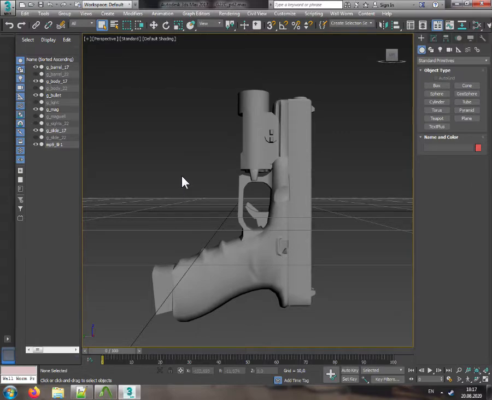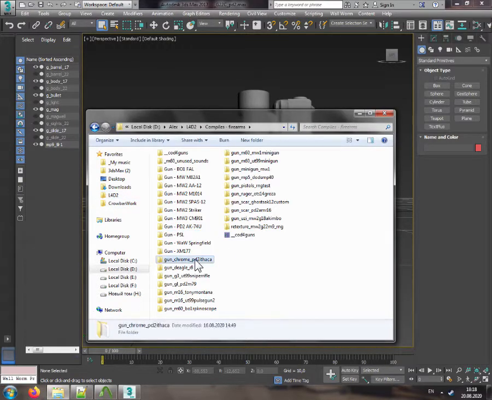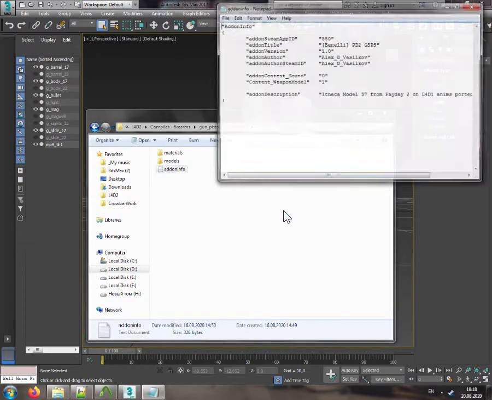Okay, first things first. We are going to create our working folder. Let's just rename this one to gun, pistols, payday 2, Shimano 88, or should I call it Glock 17? I don't know. Okay. Anyway,